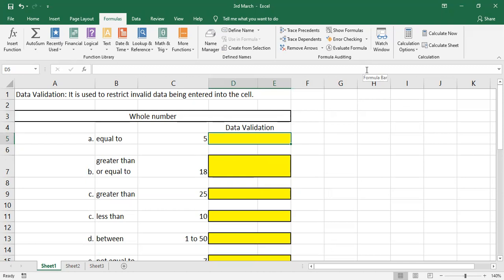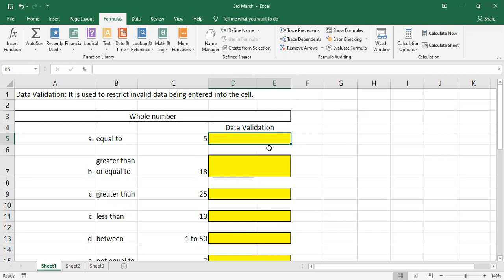Now currently I have selected the D5 cell. Which cell have I selected? D5. This cell should accept whole numbers only, whole numbers meaning without decimals. It should accept only the value 5.